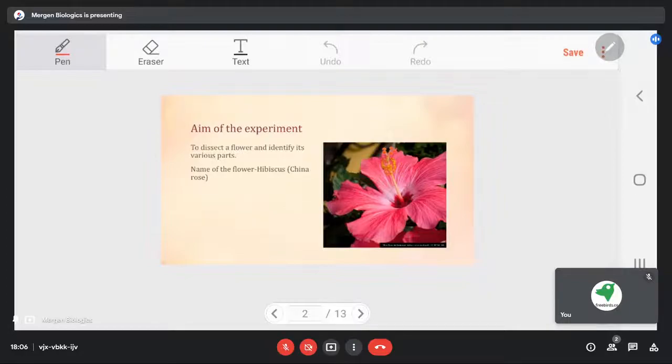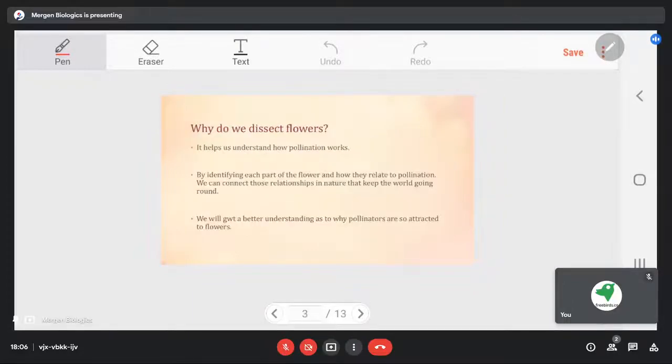In some bisexual flowers you can't get both the structures very clearly, but in hibiscus we can get both the structures, as you have seen in the dissection process also. So they are known as perfect flowers. One of the reasons that I have chosen this flower for dissection is this also, because in this flower I can show you both androecium and gynoecium, that is male part and female part.